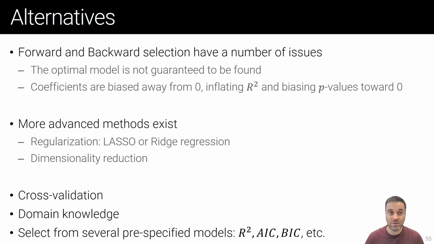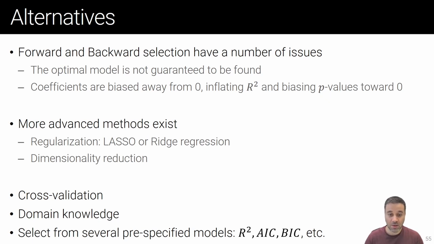There are alternatives to backward and forward selection, and we want to look into those alternatives mostly because forward and backward selection have a number of issues. The thing is that the optimal model is not guaranteed to be found because the process is what we call greedy. We make the best decision at any given point without going back and going forward, or without undoing our decisions. So the perfect model, or the optimal model, is not guaranteed to be found by either of these two